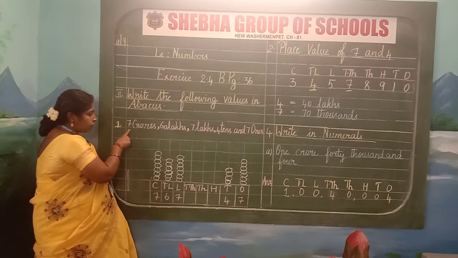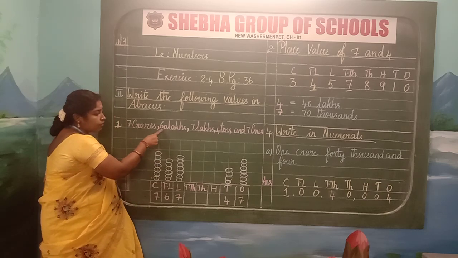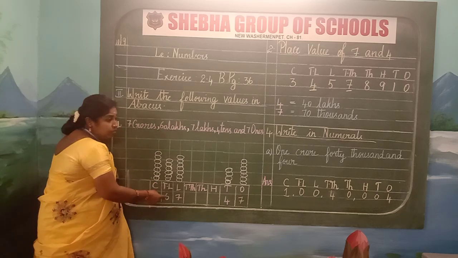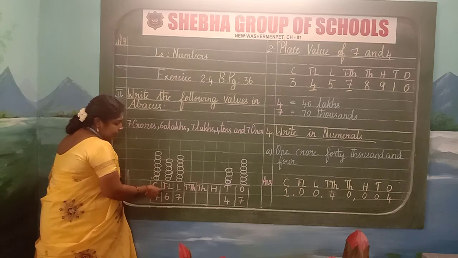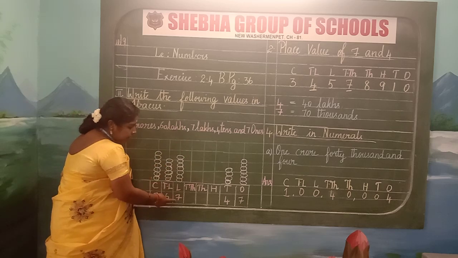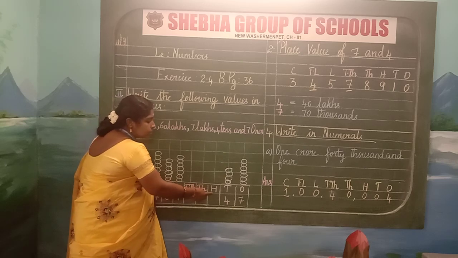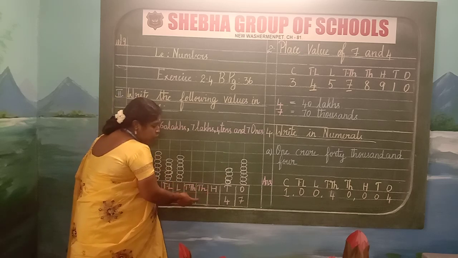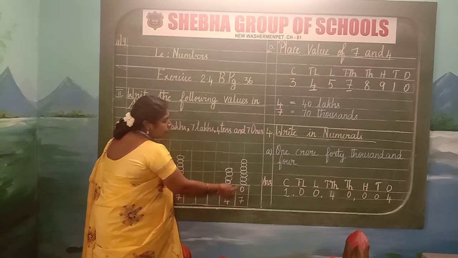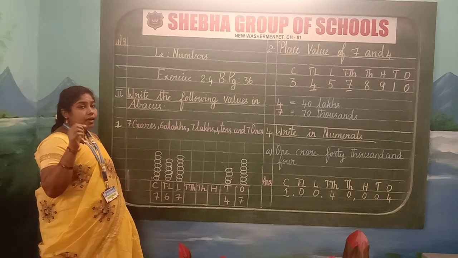In the crores, they have given you 7 crores. In lakhs, that is 10 lakhs, they have given 60 lakhs. So when we convert the 60 lakhs into 10 lakhs, it becomes the number 6. So 6 in 10 lakhs. Then 7 lakhs. Write the number 7 here. Now we don't have numbers for 10,000, thousands and hundreds. So leave these blocks blank, and then in tens we are going to write the number 4, and in ones we are going to write the number 7. Now we can draw the beads.